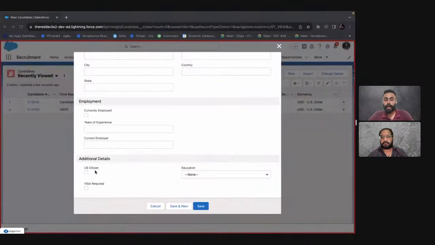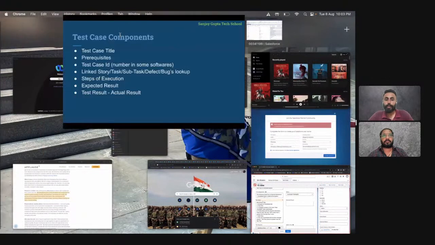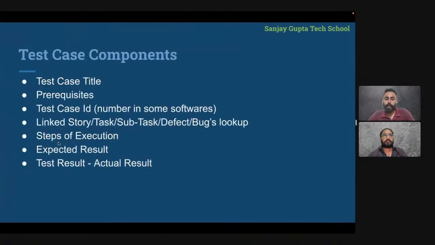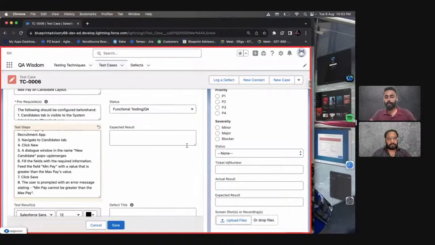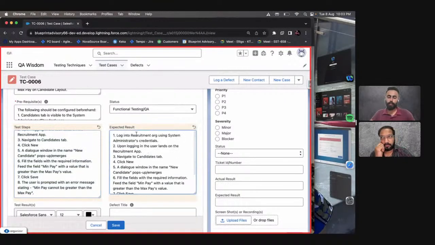Now coming to the point where we have our next point, which is expected result. So now what is an expected result? As we talked earlier, expected result is basically the end result or the desired outcome which we consider based on the requirement received by the customer. So quickly moving over here, not taking much of the time, right? And let's copy paste for now. And the first step is log into recruitment org using system administrator's credential, right? We can frame it as system administrator